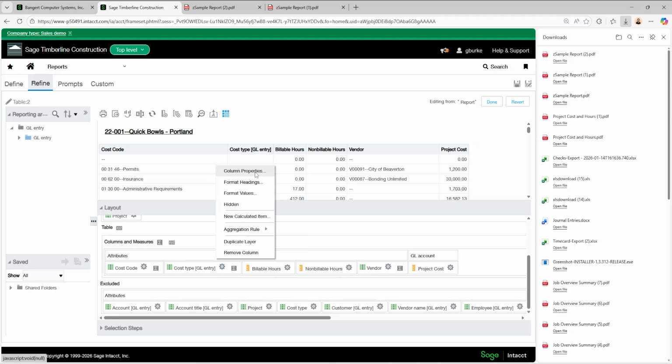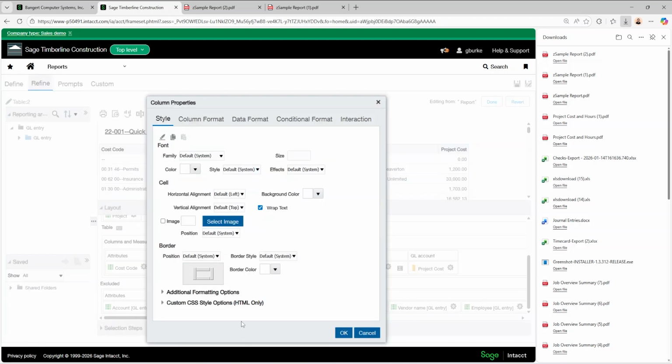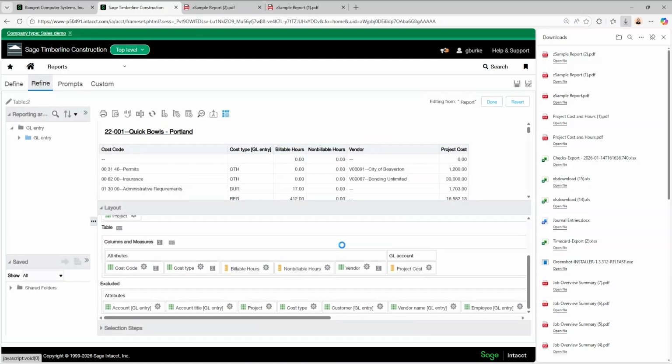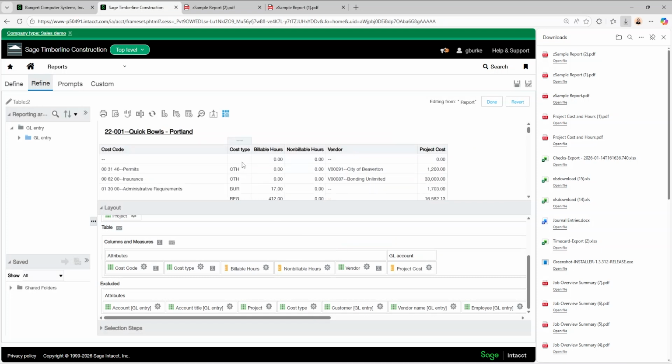And I'll go to column properties. And then on column format, I can choose custom headings. And here I'll just delete out GL entry and click OK. There, that looks much better.